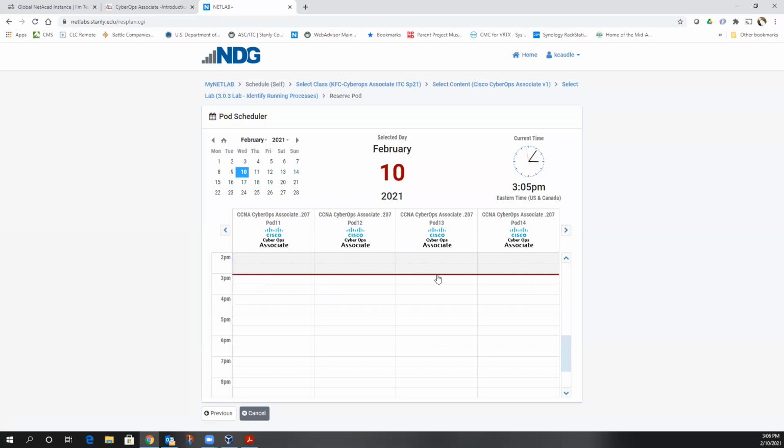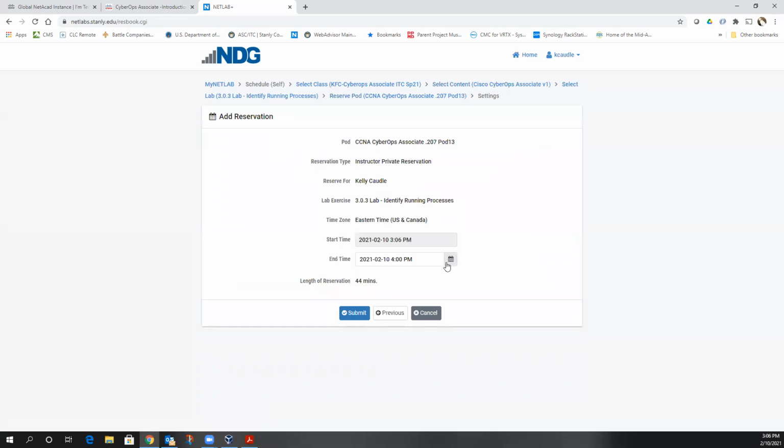So if I click right here, that means start the lab right now. And then I can do up to 4 hours. Then we also have the ability, once you get towards the end of your hours, so like if I do 2 hours and 14 minutes, when there's 10 minutes left to go, actually I believe it's 15 minutes left to go,